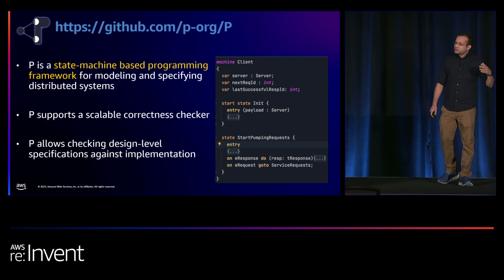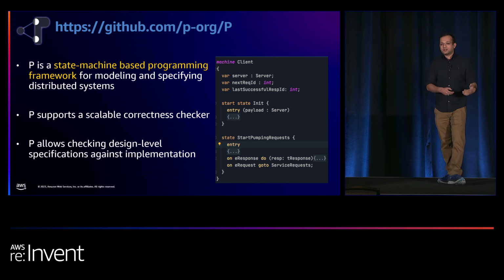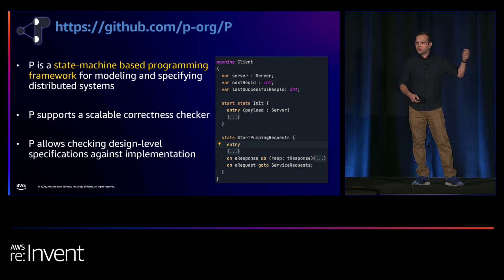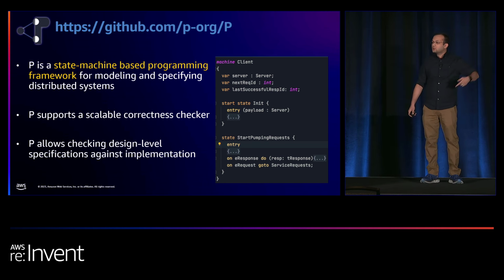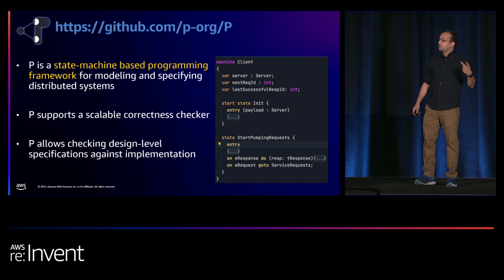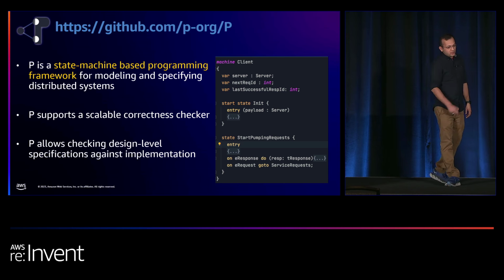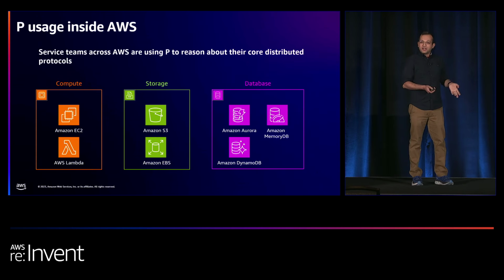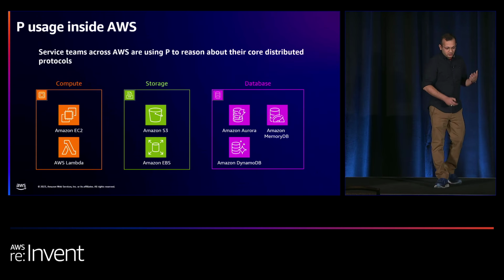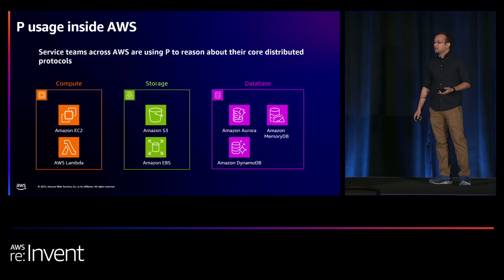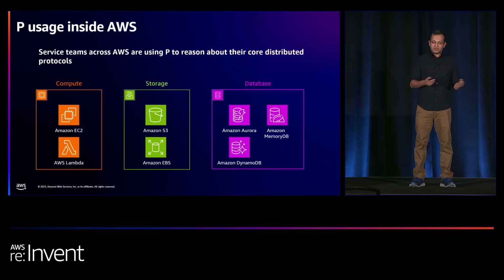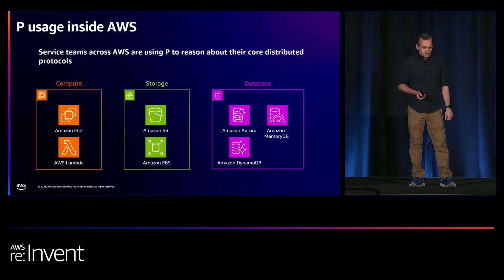And as you could see, P is a framework that then allows you to achieve what we discussed in the previous slide. Go through those iterations of design and gain confidence in your design's correctness before you move on to implementation. Okay? So P is being used inside AWS, like teams across compute, storage, databases have been using P to reason about the correctness of distributed protocols that drive these services. Okay? For example,